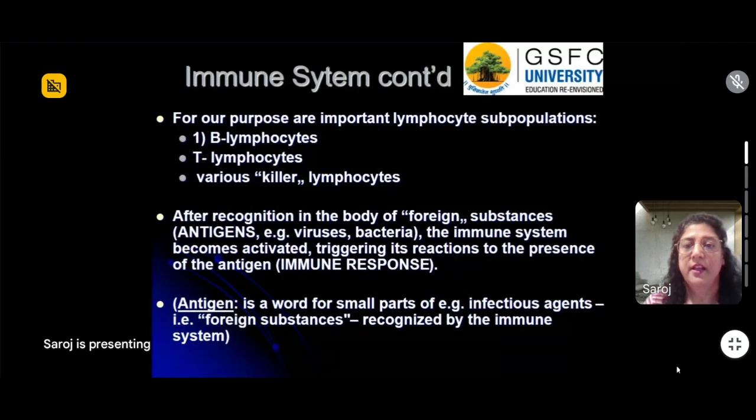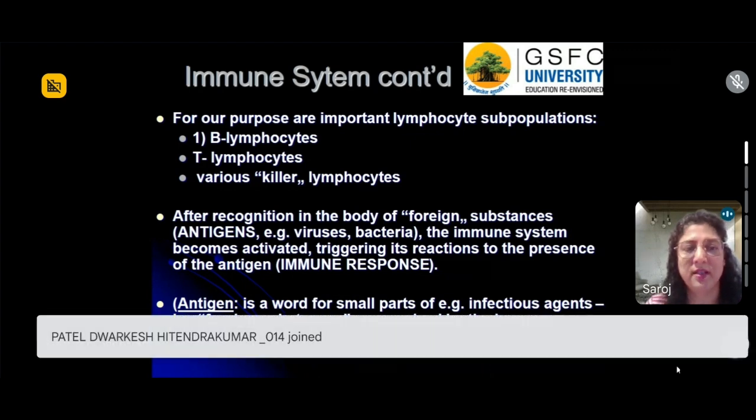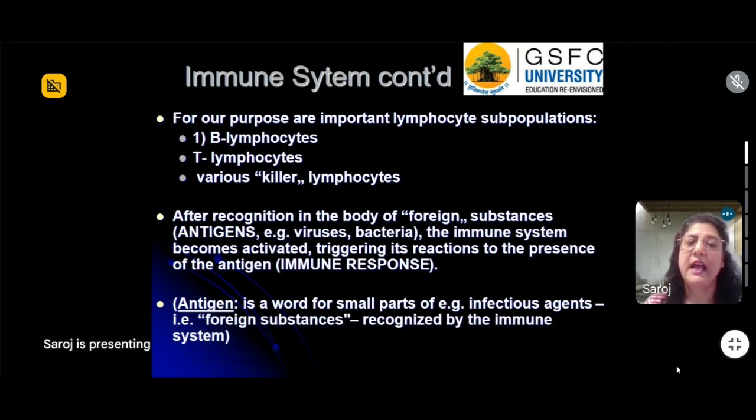All right. So we talked about how we are not going to be focusing much on RBCs. We are more concerned about the white blood cells, which are the lymphocytes. When we are talking about lymphocytes, we have all studied that there are two subpopulations of lymphocytes. We have B lymphocytes and we have T lymphocytes. And in addition to that, you have various other killer lymphocytes.